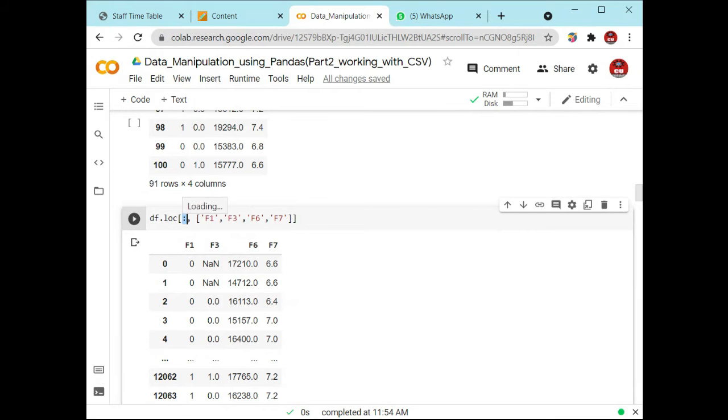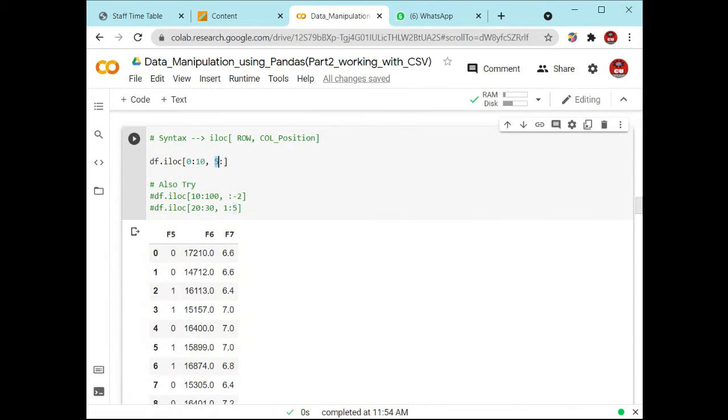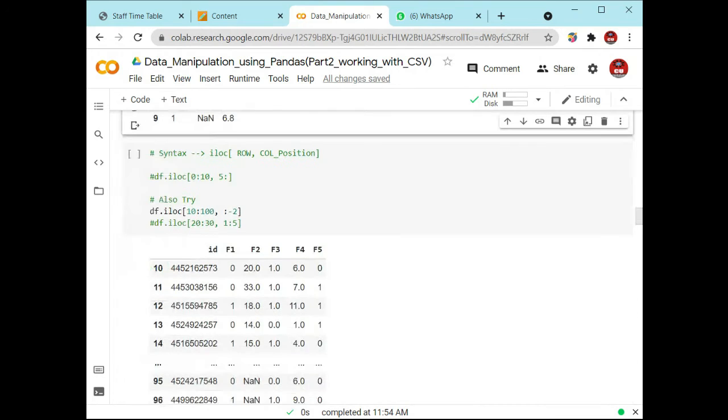So when you give colon, that means you will take the first value to the last value. All the values should be represented inside this particular file. With the iloc function, here we are defining 5 to blank, that is from the 5th onward. So it is defining the initial value of that column as 5 and there is no value after this. That means it will start from the 5th location and go up to the last location. F5 to F7 are some columns, and they will represent right here.